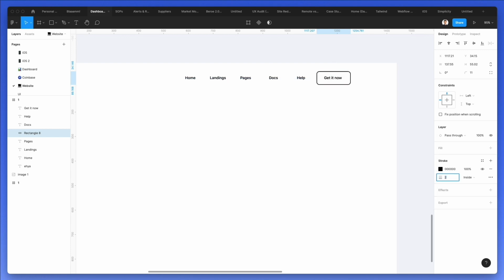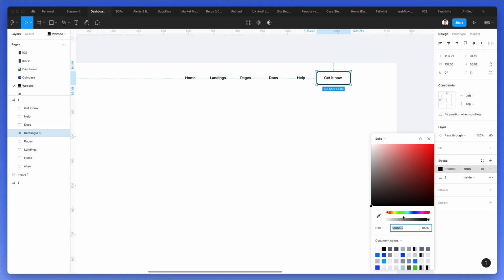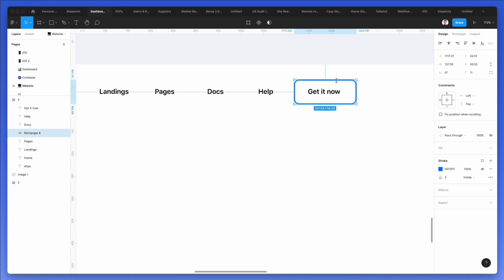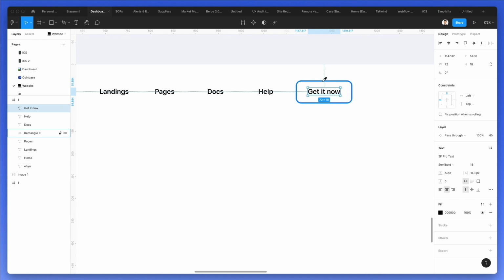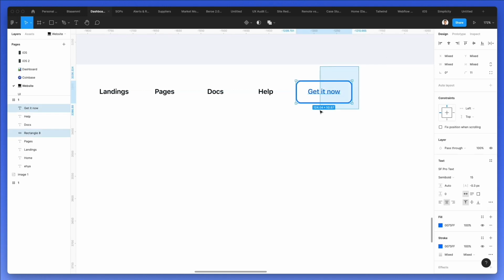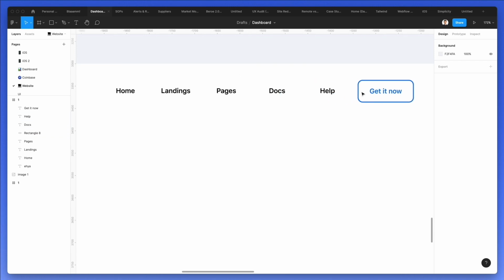And I'm going to add a stroke around this text, which is probably going to be a blue, such as this one here. And let's make it a little bit smaller, and we're going to make the actual text the same blue. All right,